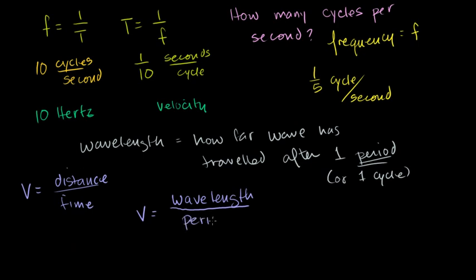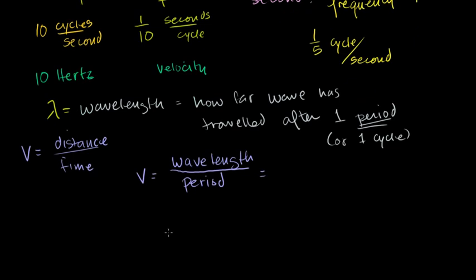Now, I just said that 1 over the period is the same thing as the frequency. The notation for wavelength tends to be the Greek letter lambda. So we could say velocity is equal to wavelength over period, which is the same thing as wavelength times 1 over my period. And we just said that 1 over the period is the same thing as your frequency. So velocity is equal to